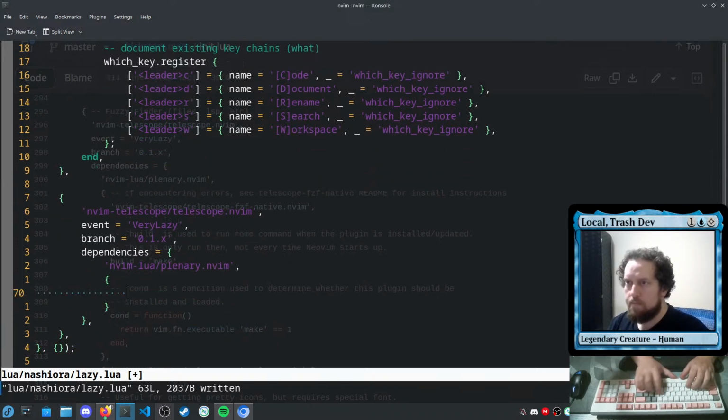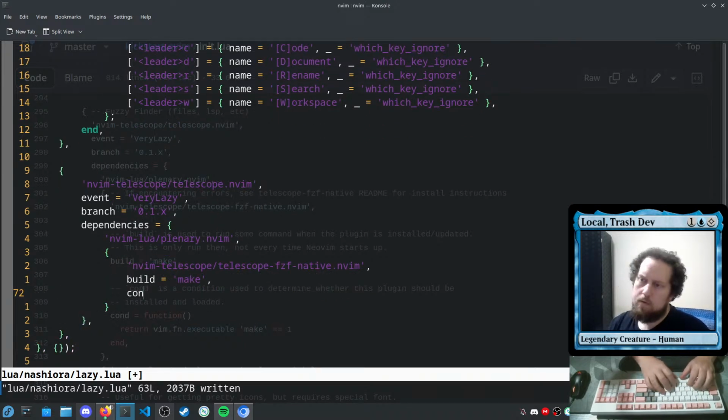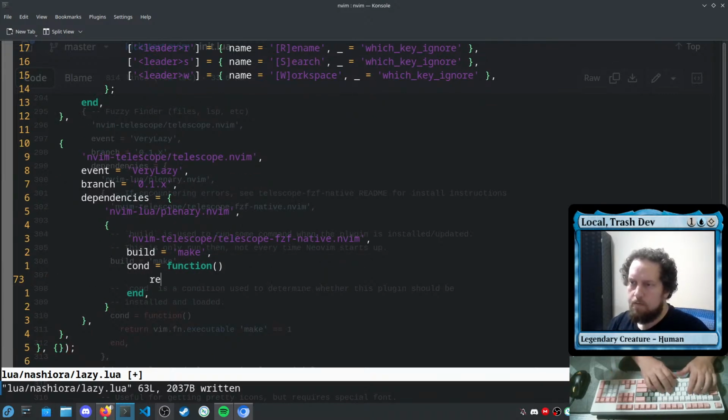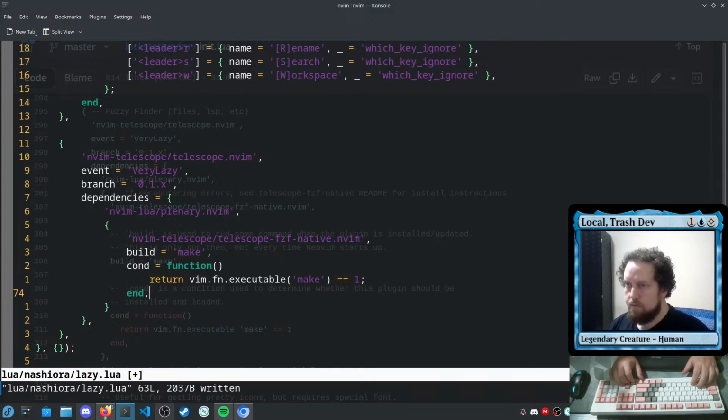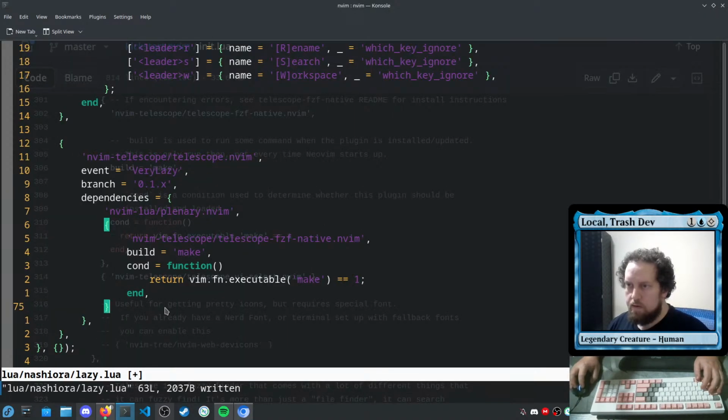Then nvim-telescope/telescope-fzf-native.nvim. Okay. Build and function, and then fn executable. And see, again, in cases like this, I just really want that. We're just going to do that. That gives me that dependency. Then